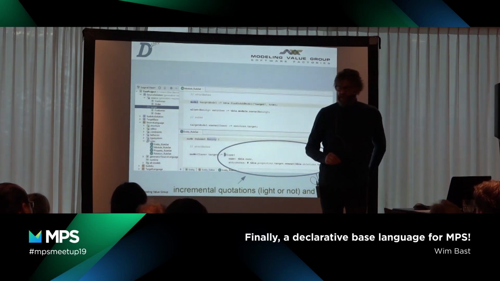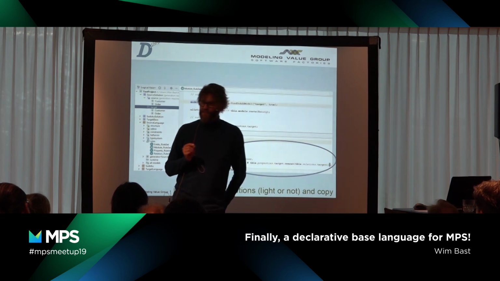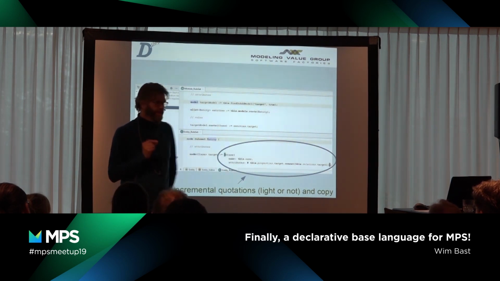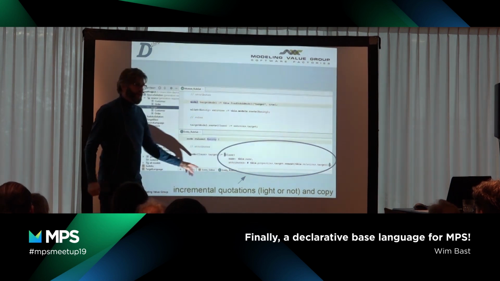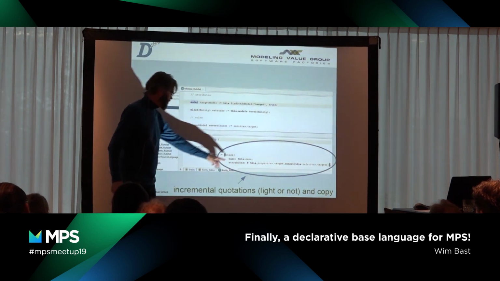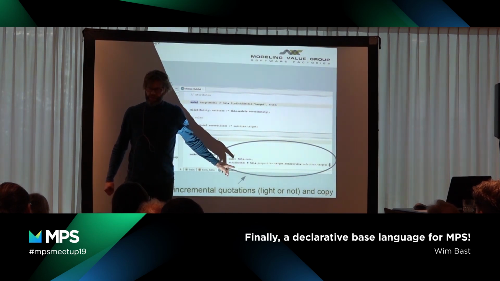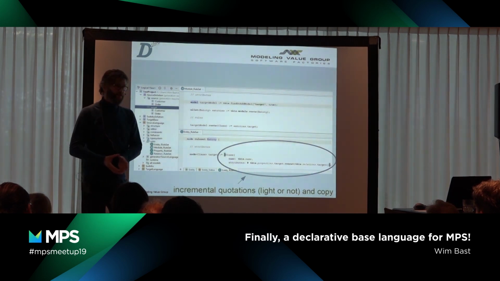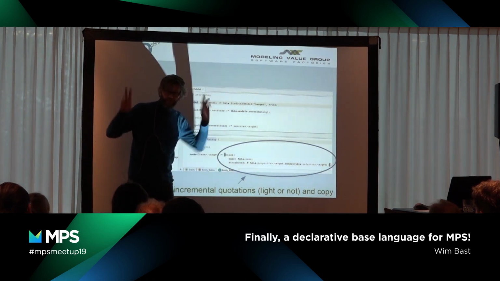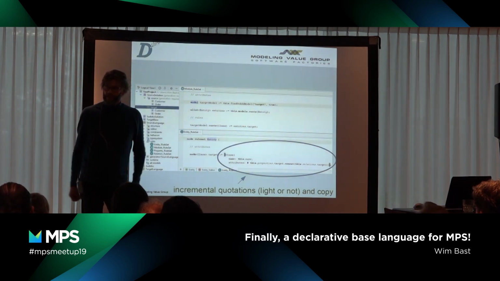The quotations, including actually also the copy, have slightly different semantics. They are incremental, which means that you're not going to calculate the object over and over again if something changes. For example, if the name changes, then only the name is changed of this object. So actually it's a shortcut for a bunch of rules that keep all these statements, all these invariants alive and hold.